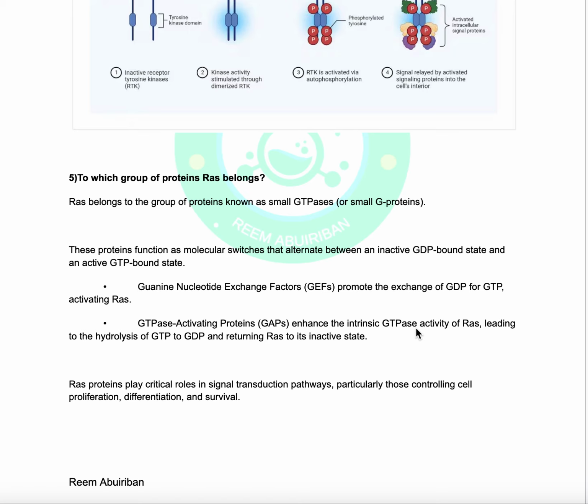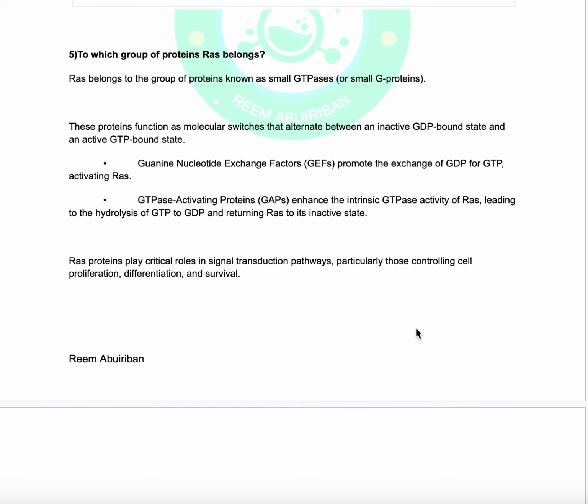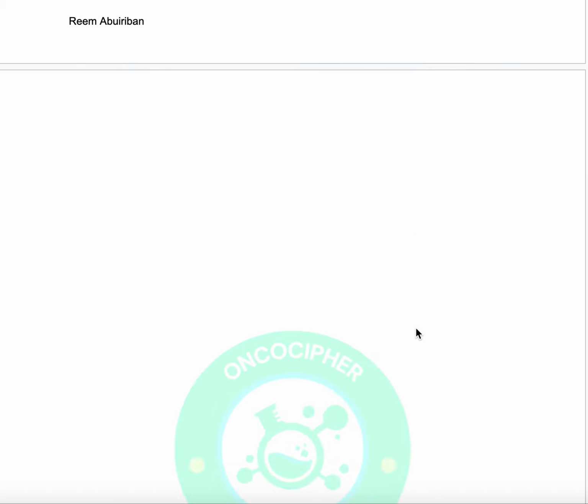RAS proteins play critical roles in signal transduction pathways and are important in cancer conditions, particularly those controlling cell proliferation, differentiation, and survival. And by this way, we end